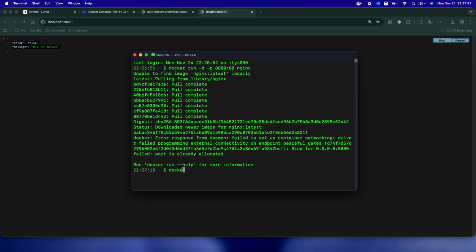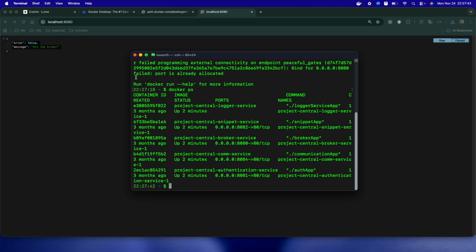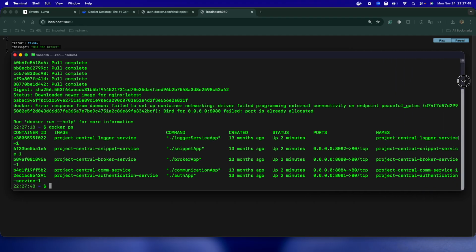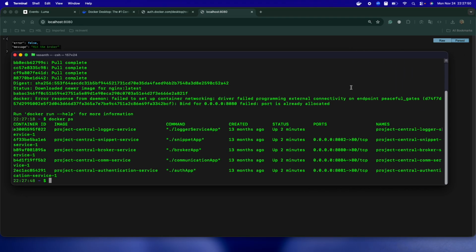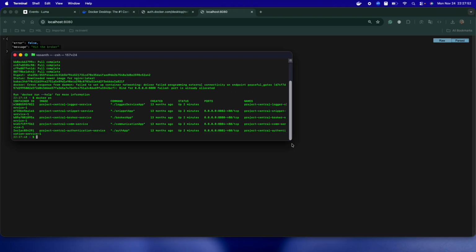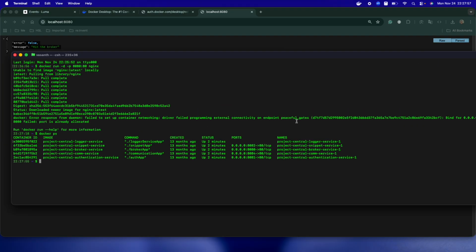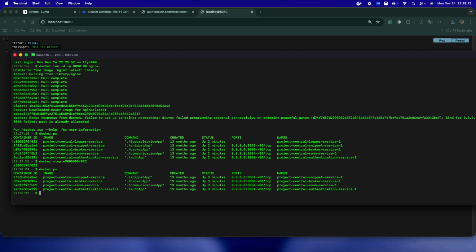We can also have a few commands handy. Maybe you can say docker ps. It will list all the containers running on Docker. This is my old project, so that's why you are able to see it now. What other commands do we have? Let's say you have this container id and I want to stop the logger service which is running on my project. You copy this container id and say docker stop and the container id. It is going to stop, and when you say docker ps again, you won't see